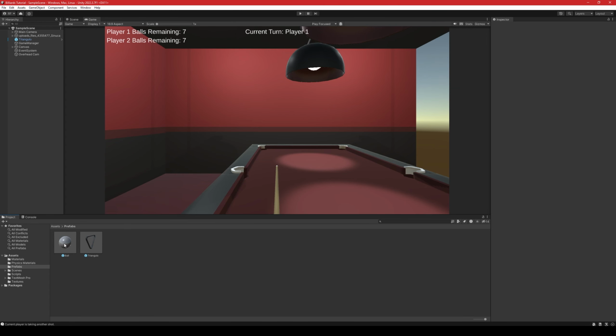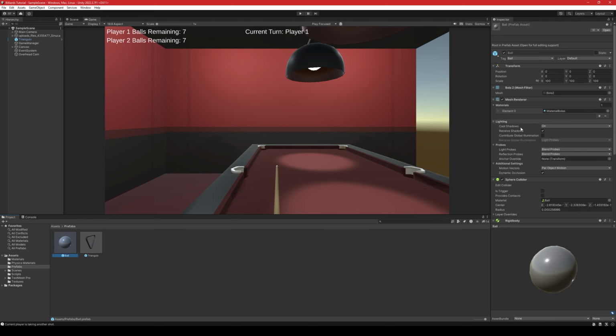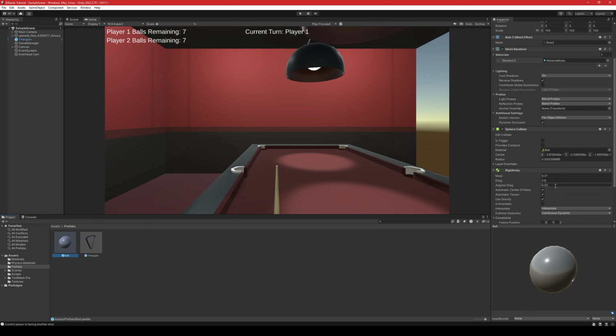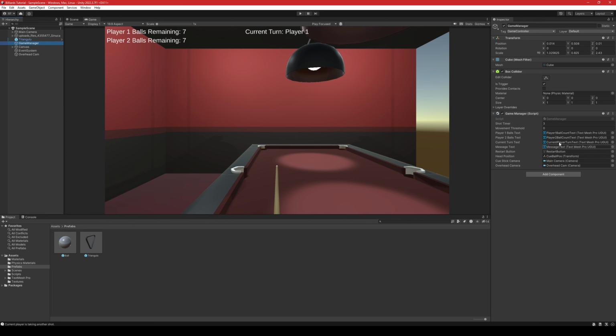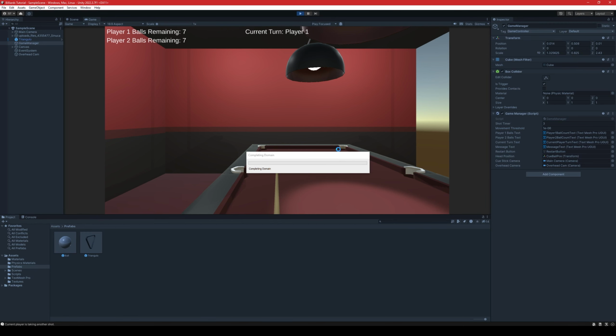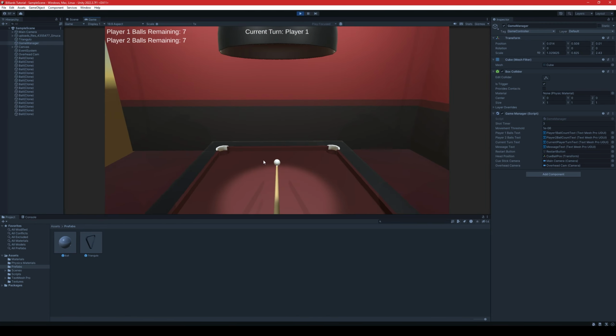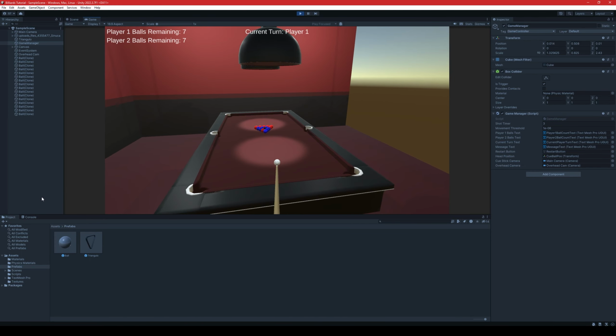So let's go back to the editor. Let's select our ball prefab, and I'm going to give it an angular drag of 0.6. That should stop some of the crazy rotating that it had. And in our game manager, I'm going to set the movement threshold to 0.000001. And let's test it out. So I'm going to play,